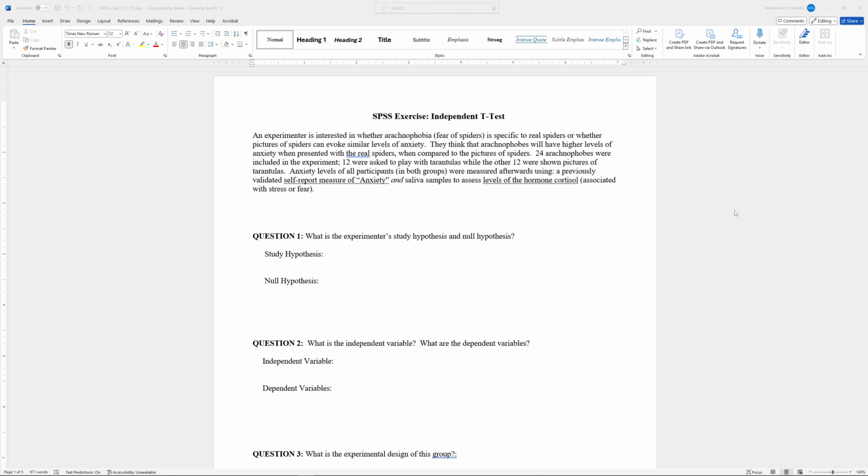So in this specific situation, or the set of data that we have, what is going on is the experimenter is interested in looking at arachnophobia and studying this effect on people. But they want to know if this fear of spiders, right, if that same fear is going to be elicited through real spiders as well as just pictures of spiders. So are both of those two types of stimuli going to elicit the same type of fear